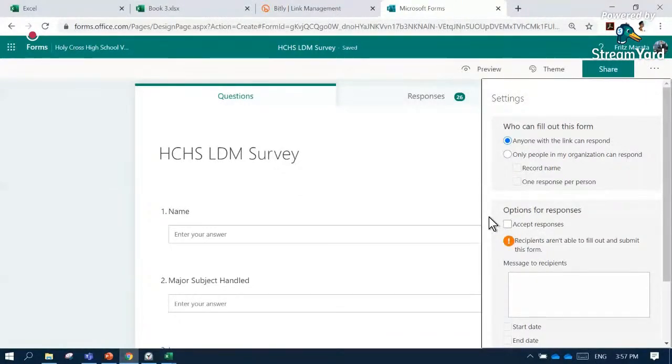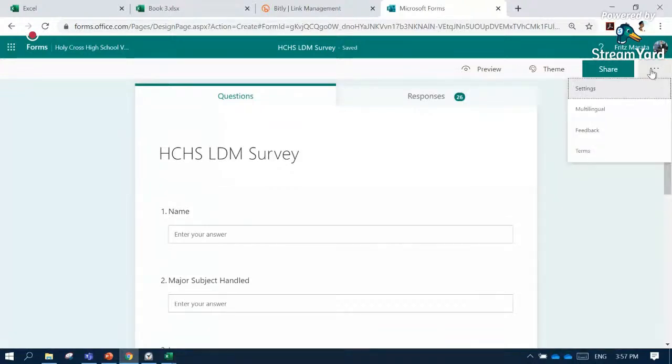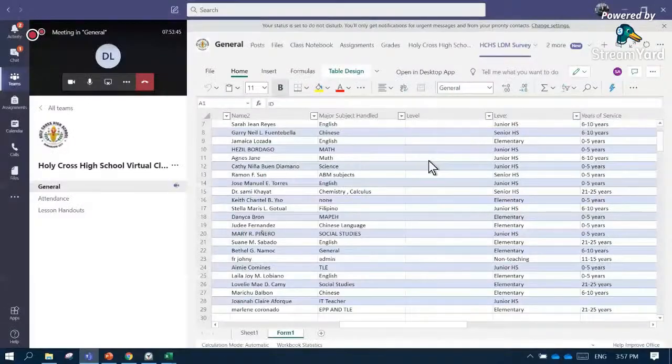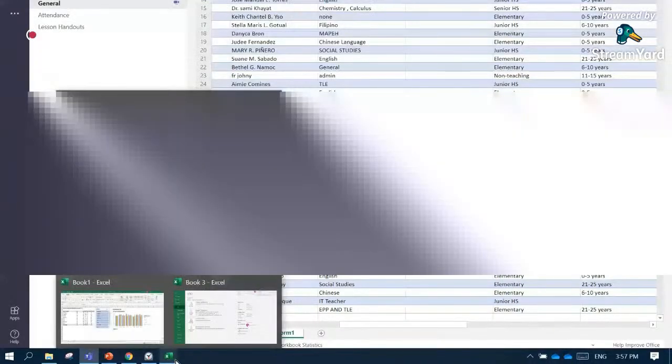Okay, so that's it. If you try to access the link again, you can no longer respond to the form, because this time we will use the responses that I have gathered from the survey as our source data. So from this workbook having lots of data or responses, we will now add a pivot table, pivot chart, and slicer to analyze all the responses that have been contributed.